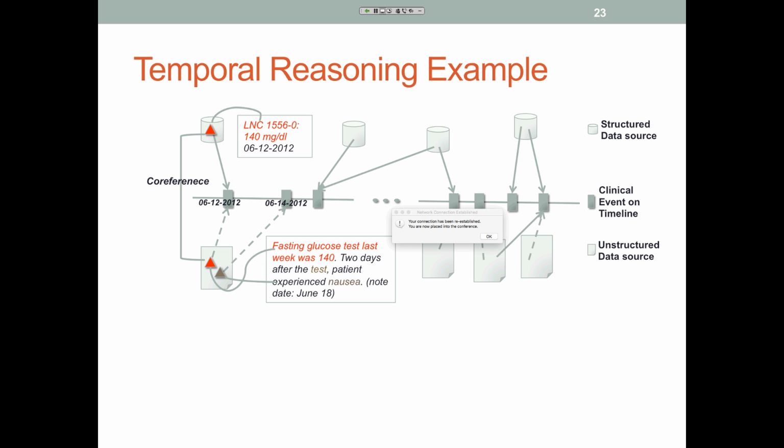And we can go to the structured data, and we find that that week there was a glucose test. This is a LOINC code for the same test with the same value here. So with the same test and the same value, we can safely infer that these 2 things are referring to the same event. So we know the date of the lab test was June 12th, and then 2 days later, another event happened. So we can also calculate the date of that event.